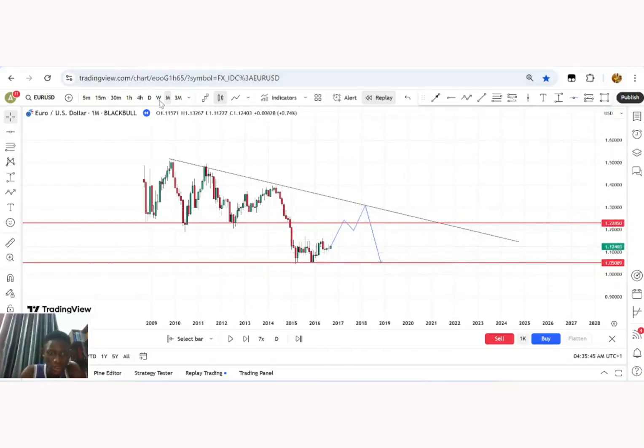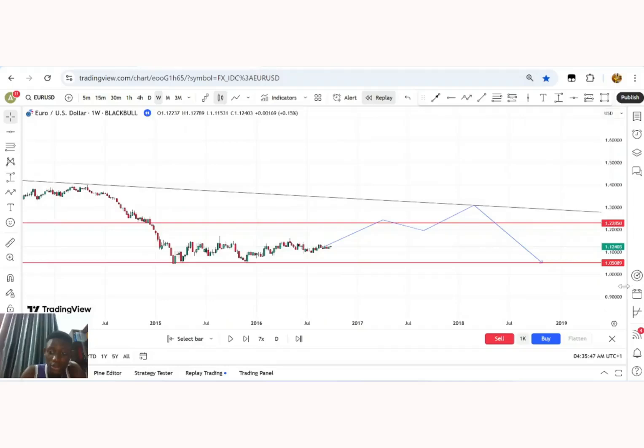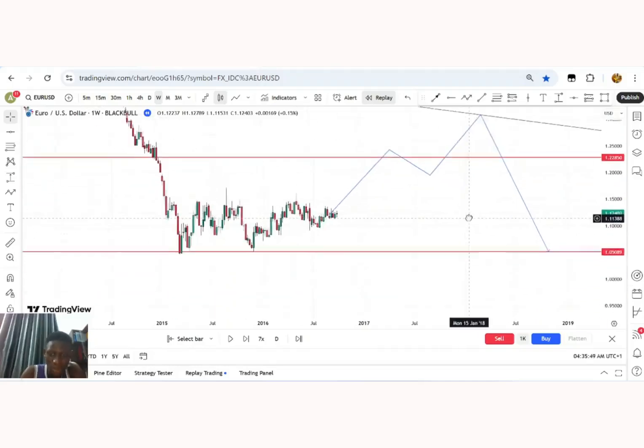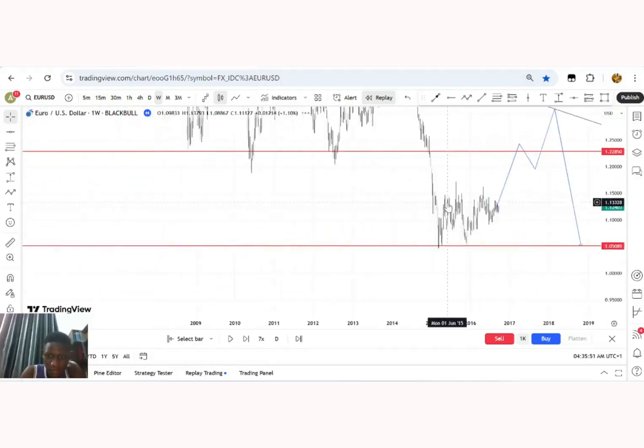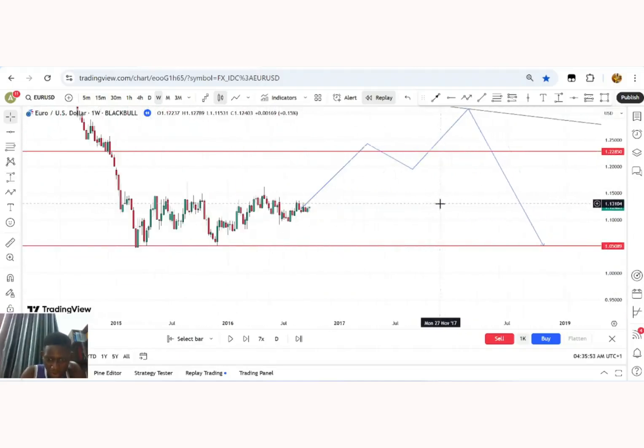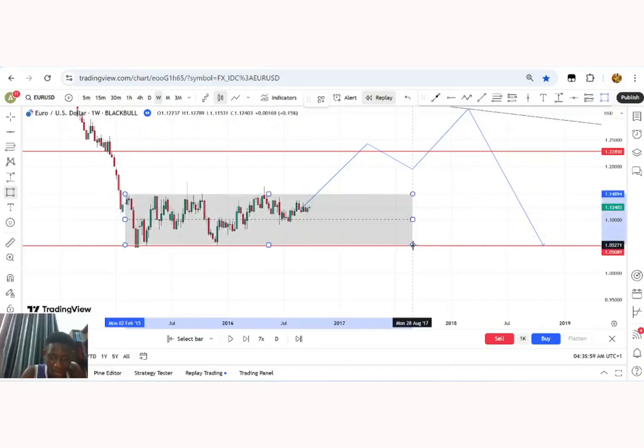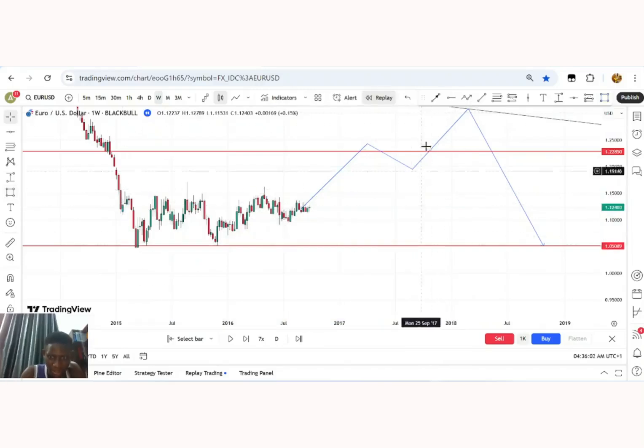So now we come to the weekly. We want to see how we can incorporate this, like how we can incorporate this. So this is the weekly, so we can see this. So all of this now we can mark it as a zone. I can just use this and mark this and just say I'm just waiting for breakout whichever way, but let's not make the chart too dirty. I can use this, I can mark this from here. Okay, I can mark this like this